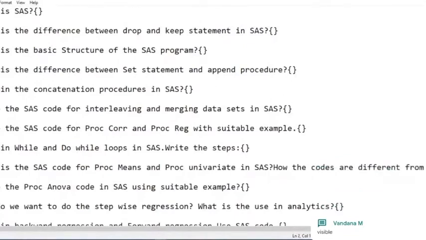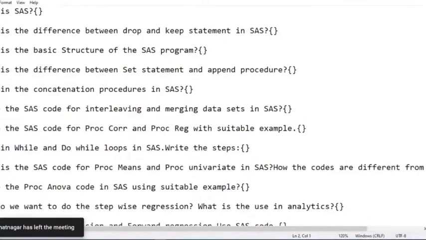GIFT format this time we are using. For MCQs, please always remember GIFT format, that is the simplest format. Manually also you can create by going to the question bank and clicking on add a question, but it's time consuming. In order to avoid that, we need to create it in Notepad in the GIFT format if you want to import MCQs or essay or short questions. So these all are concept based questions.